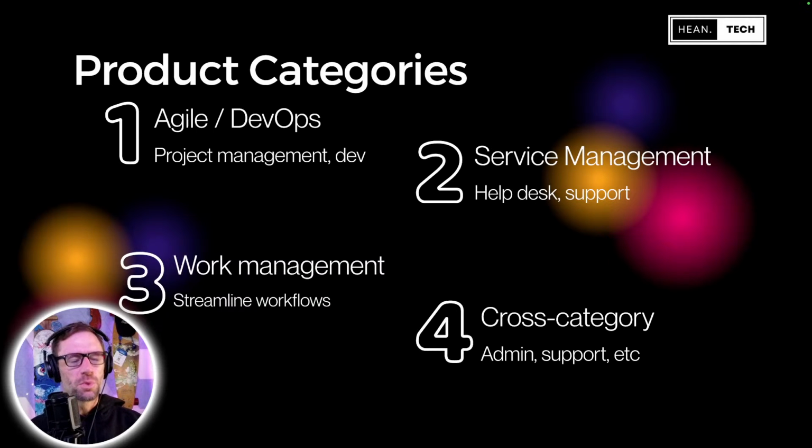So these categories, when we think about them, are different groupings of products. The same product could appear in multiple ones. For example, Jira, or what we used to call Jira Software, might appear in product categories 1 and 3. Other products might only appear in one category, like JSM, which I won't spoil the surprise. I'll wait for Scott to see if he can help out the team here.